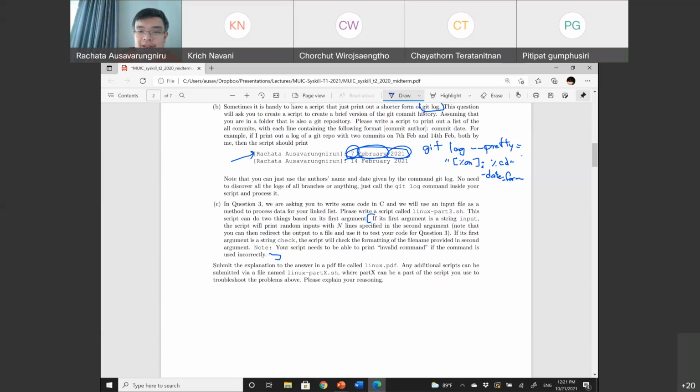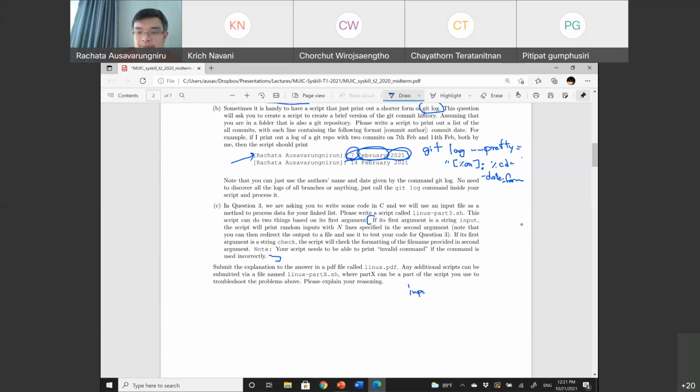So I can put in input 10, and input 10 would print 10 lines for the input. Or you can do check, right? The command check will basically check if the formatting of this input file follows what you're supposed to do. Basically, it should be I number, D, P, D number or P, right? Make sure the input is in the correct format.